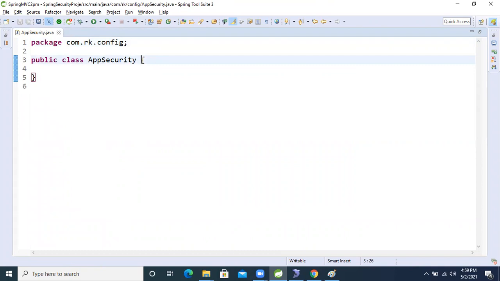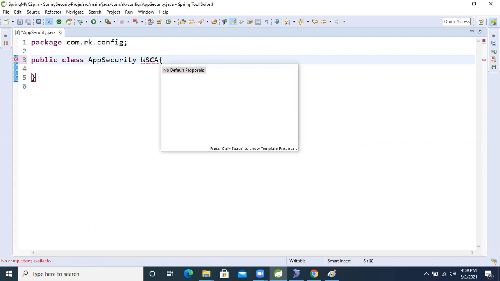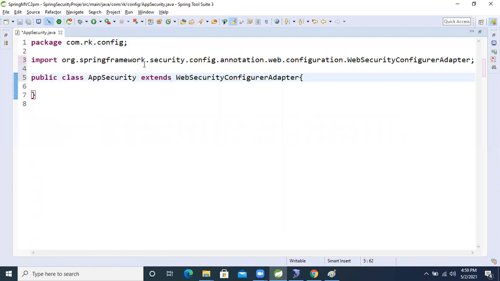Now extend WebSecurityConfigurerAdapter.